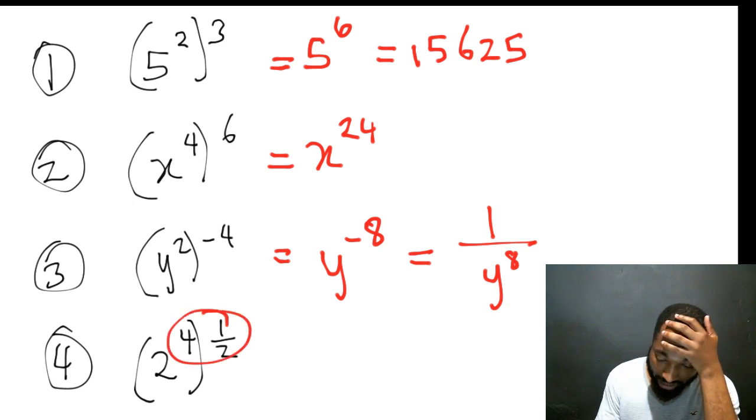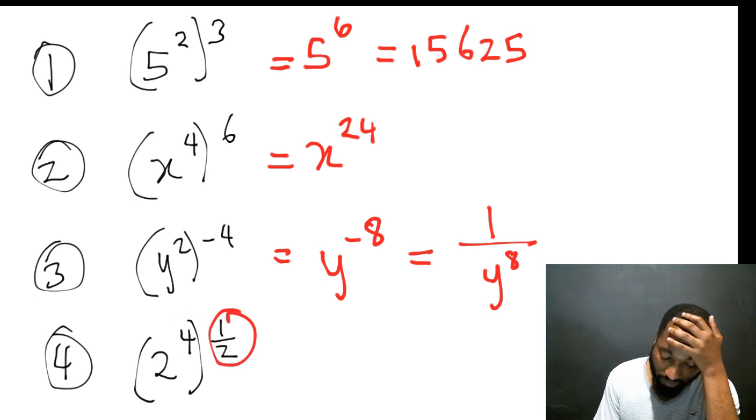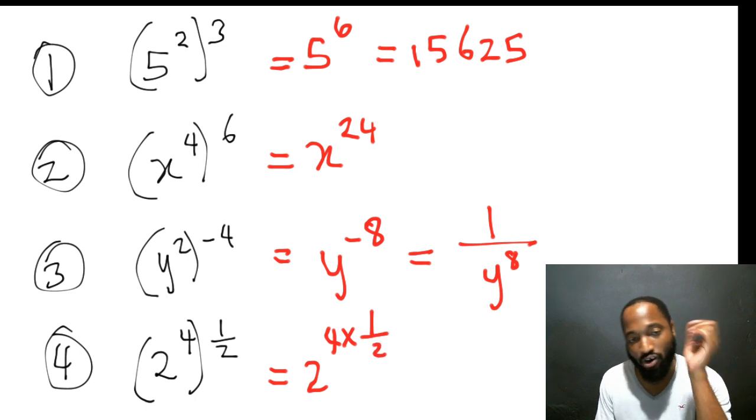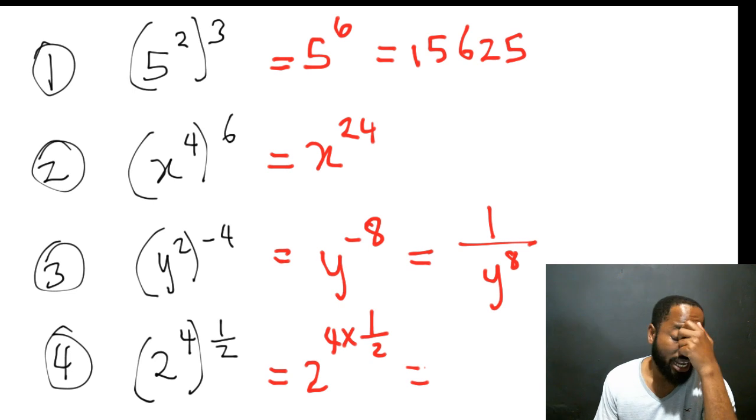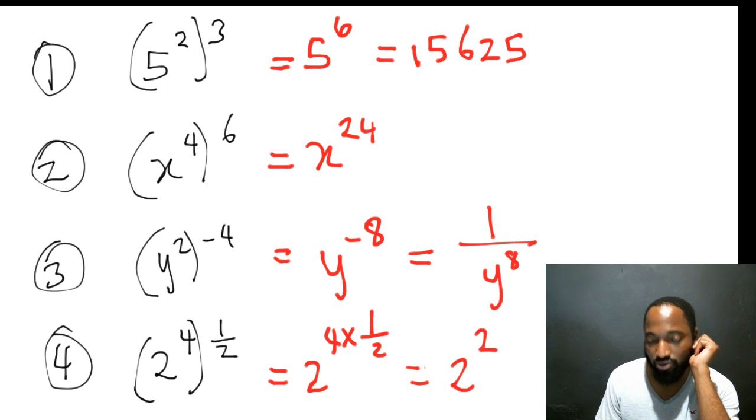So the outside like this, it means multiply. Now, if I have the fraction, I could say the root of that, but let's not go into that yet. Let's multiply first and see if we'll get something to happen here. This is actually 2 to the power of 4 multiplied by a half. 4 multiplied by a half is 2. You can work it out on your calculator if you're getting problems. Visualize that. A half of 4 is 2. So this is actually 2 to the power of 2, which is the answer that people have there.